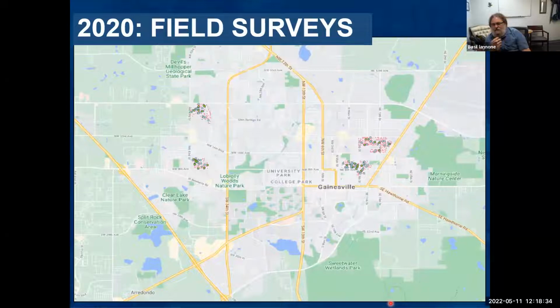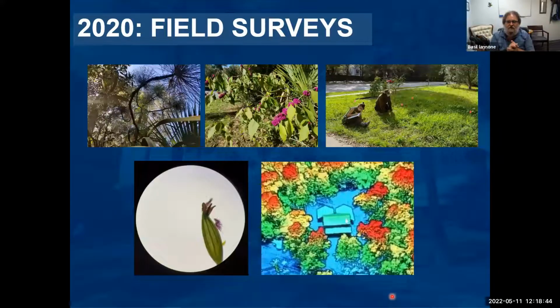From them, we selected 30 yards to do vegetation sampling. So we had data on their management intensity and practices, and now we were going out to sample their yards. In 2021, we went out and sampled all the plant species. We documented all the plant species in their yard in different vegetation structures: the ground layer and the lawn layer, such as my students here are looking at, the shrub layer, and the tree canopy layer. We got data from LIDAR about vegetation structure. We're still analyzing it. And this is just showing what we had to do to identify some species, looking under microscopes and whatnot.